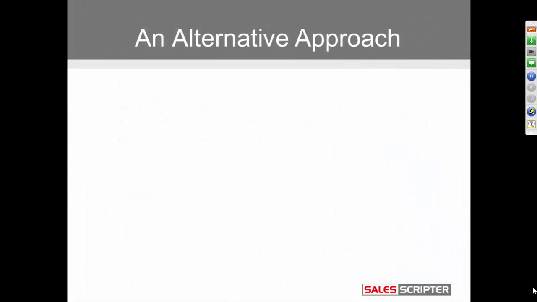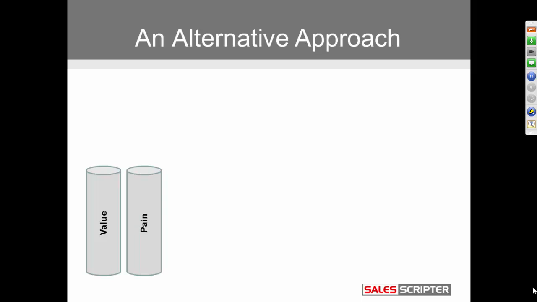So I went through the approach that the majority of salespeople go through, where it's very all about me, my company, my products, my features. Let's flip that upside down and look at another approach. It starts with taking the products and thinking about, not what the products do, but what do the products help my prospects or my customers to do? What is the value that my products offer? And what do they help to improve on the client side? So that's step one.